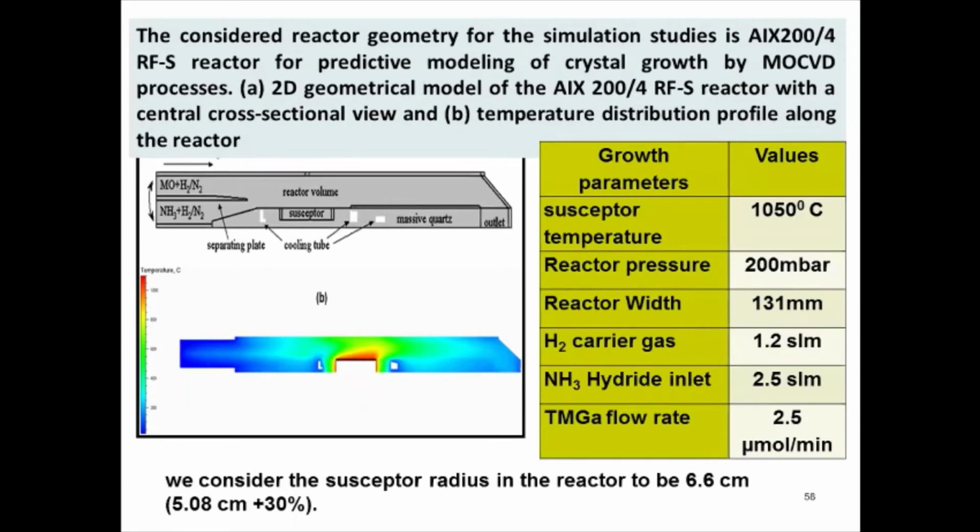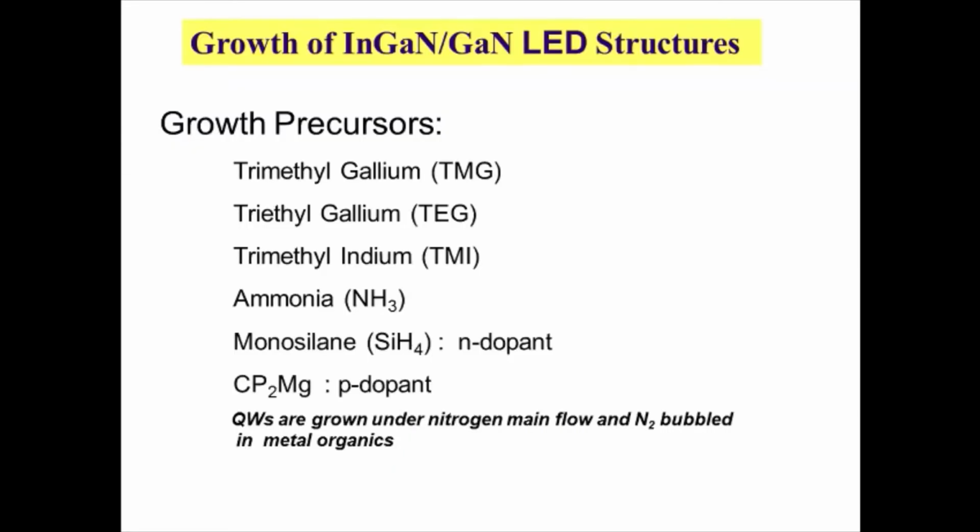Depending upon the reactor geometry, we have to modify the reactor pressure, carrier gas pressure, and the other parameters, and come to a conclusion for optimizing the initial growth conditions. So for gallium nitride or indium gallium nitride, we have to use trimethyl gallium, triethyl gallium, trimethyl indium, ammonia, and monosilane for n-type doping, magnesium for p-type doping, and the quantum wells are grown under nitrogen main flow and nitrogen bubbled metal organics. So there are various methodologies involved,